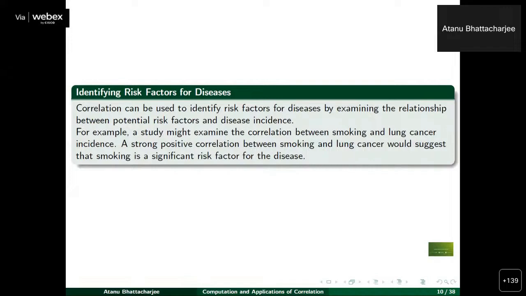But one thing I'm trying to stress in this example is the number of cigarettes rather than whether someone is a smoker or not. It is very easy to ask an individual whether you are a smoker or not, but getting the data on how many cigarettes a person takes is not so easy to answer. And obviously those who are not smokers are going to say zero. The reason I'm trying to use the number of cigarettes is that